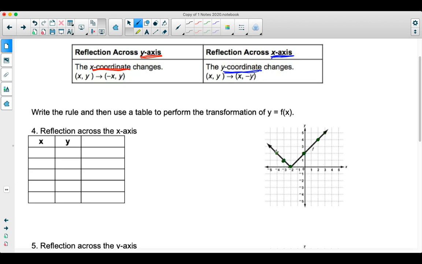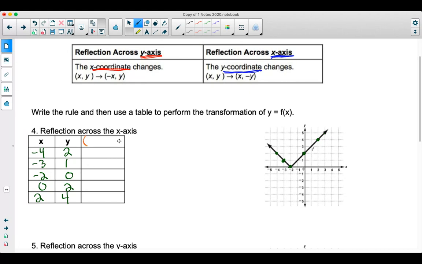So we have -4, 2, and -3, 1, and then -2, 0, 0, 2 right there. This point over here is 2, 4. All right, and then our